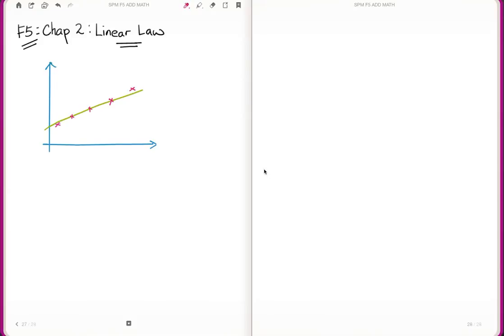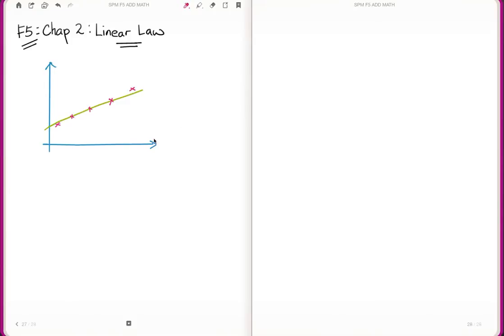It's called Linear Law. Linear Law, Chapter 2, Form 5, SPM is basically about making use of the non-linear equation and transferring it into a linear equation. Now, before we get into that, there are a few things to catch up on. First of all, you can see from here